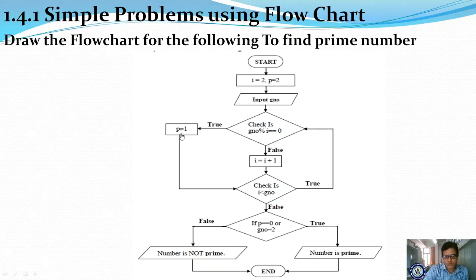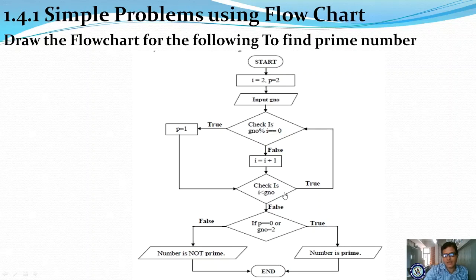Okay, after the 1 it will come here and check. What does it check? I less than G number. Got it? Yes. What is I value? I value is 3, less than 9. True. Okay, after this it has come here, and once again it goes there, it comes here. Once again it goes there and comes here, and once the condition is false, it will go for 10